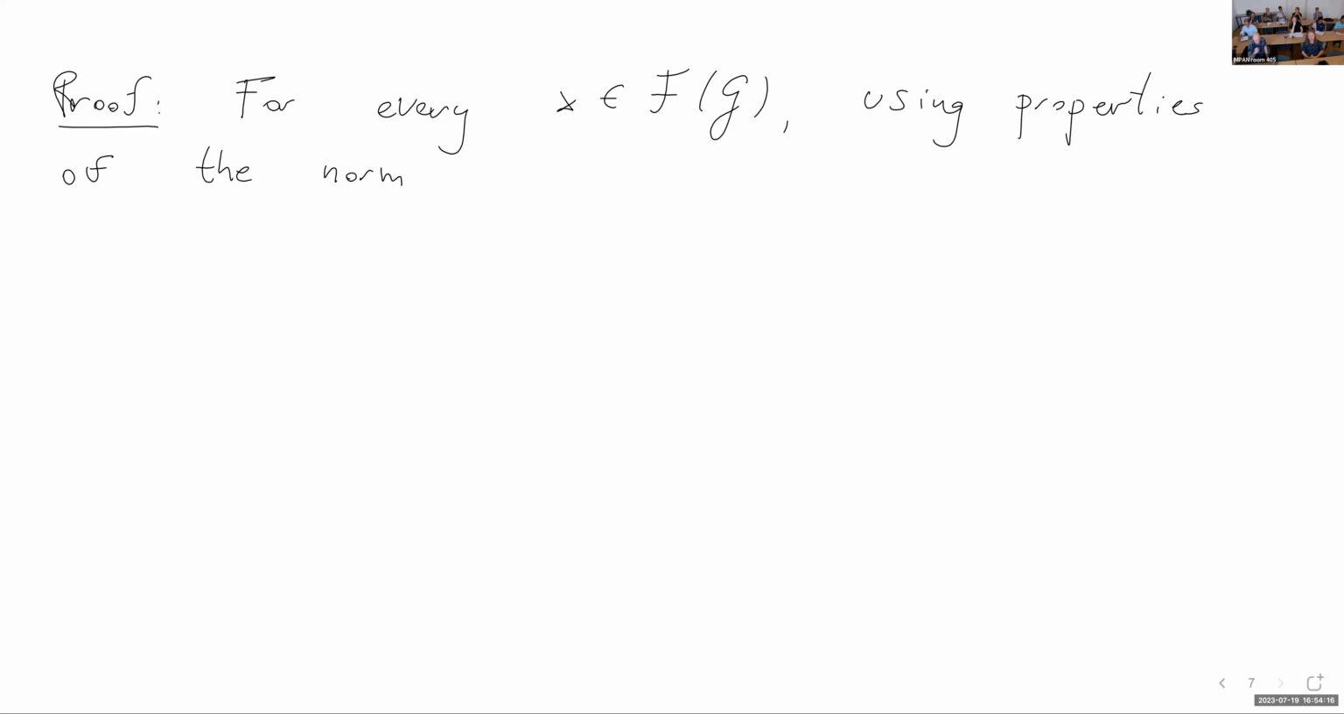So for every x in the free star algebra generated by G, using these properties of the norm, find a lambda x, again a non-negative real number, so that for every representation again satisfying the relations,